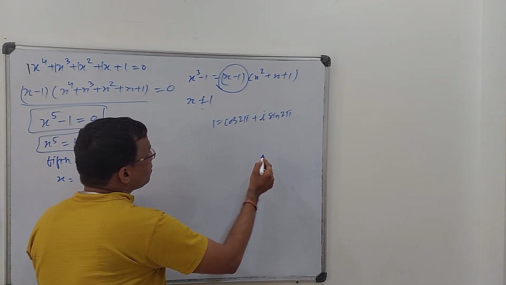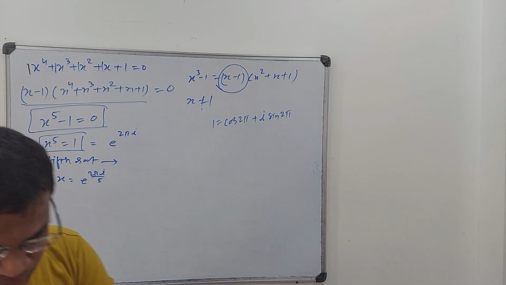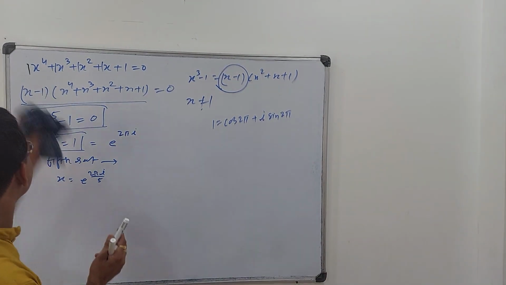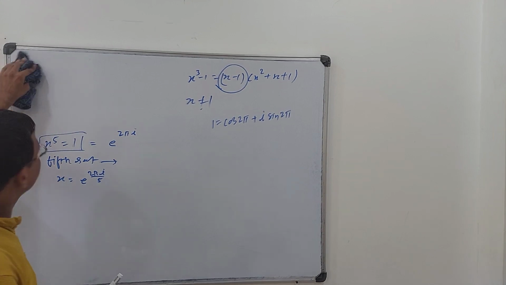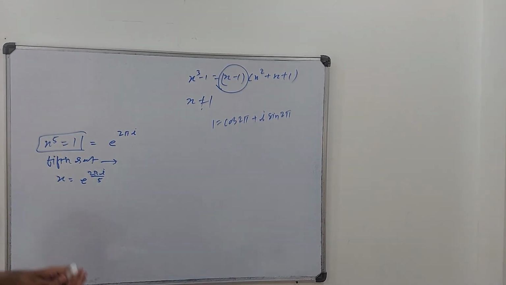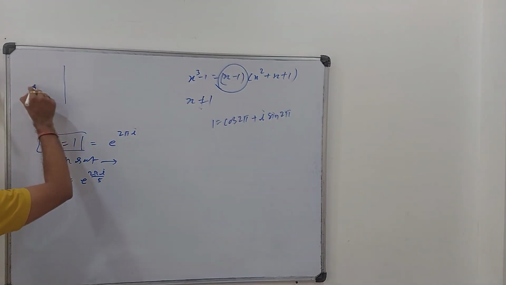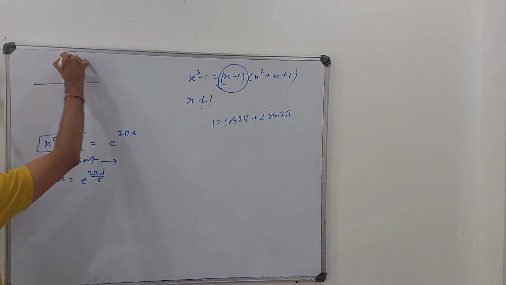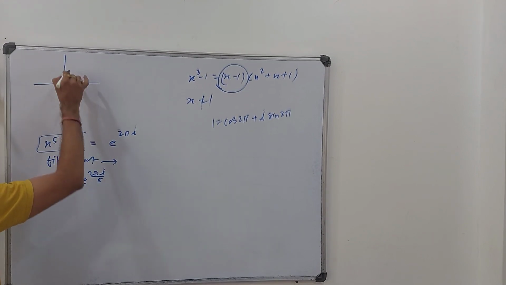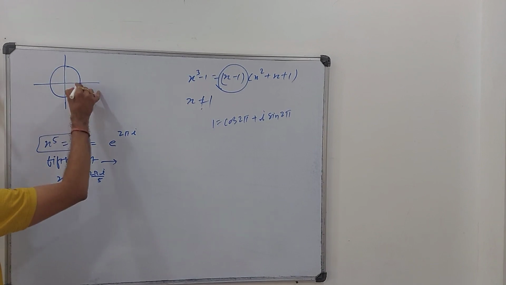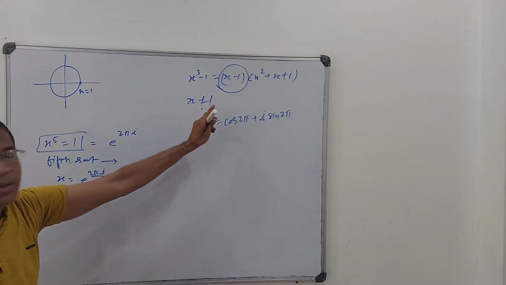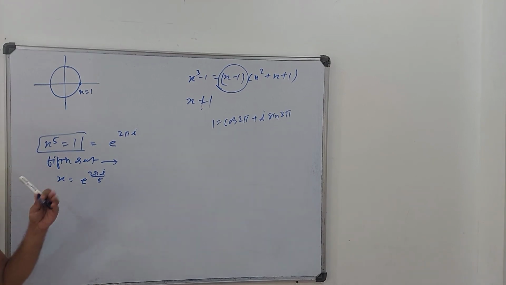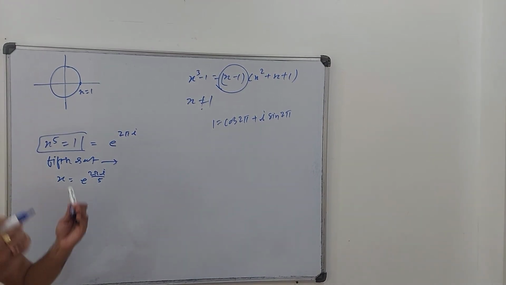So what is a graphical approach? Let me just rub this portion because it will take a little much space. Yeah. So the graphical approach is that the roots, I will take it separately. This is the solution. This is a point, x is equal to 1, and we have to discard that point. Now what has happened? We know that it should have 4 zeros and those will be complex.